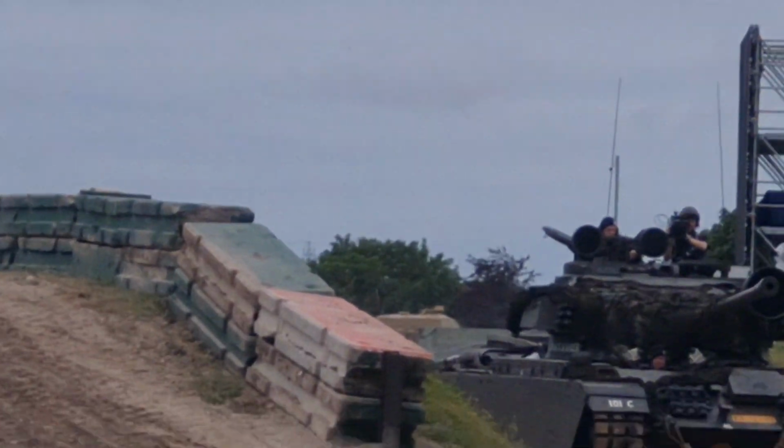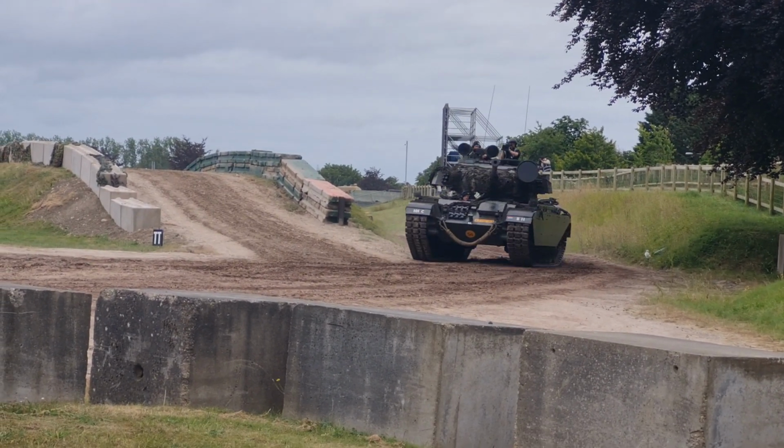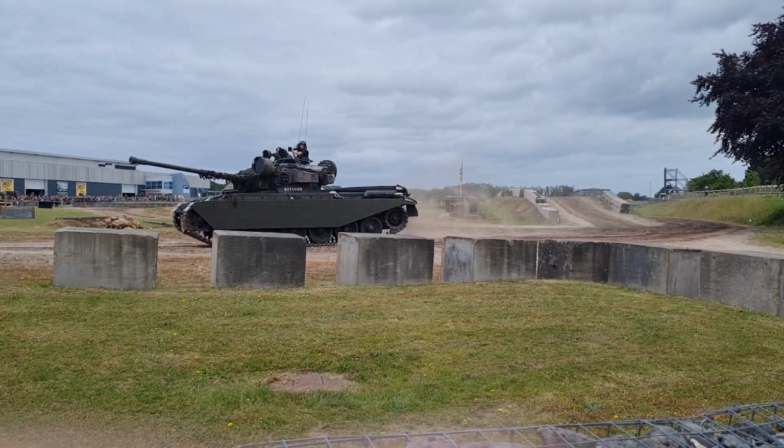And they've brought one of the Dutch Army Centurions. Again, lots of countries in Europe, when we're allowed to sell the Centurion in the 1950s, end up equipping their army with the undoubtedly best